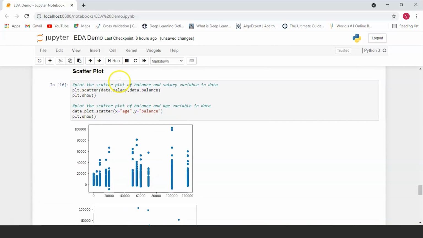Now in this case, the x-axis here is the salary and the y-axis here is the balance. So how are these values plotted? You know how you usually plot something against an x-axis and a y-axis: you plot the values on the y-axis and you plot the corresponding value on the x-axis. So this means that people who have a balance of 20,000 usually have a salary which is ranging within this range, right? So a lot of them have a salary which is ranging from 0 to somewhere around 30,000.